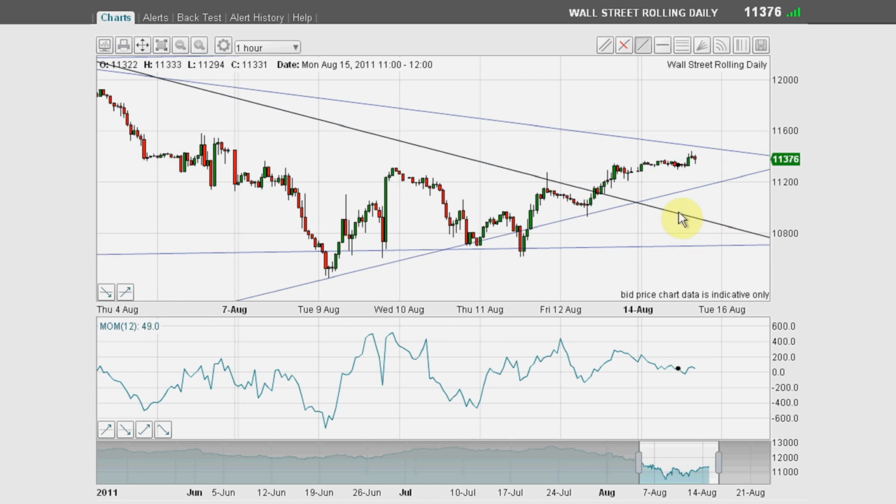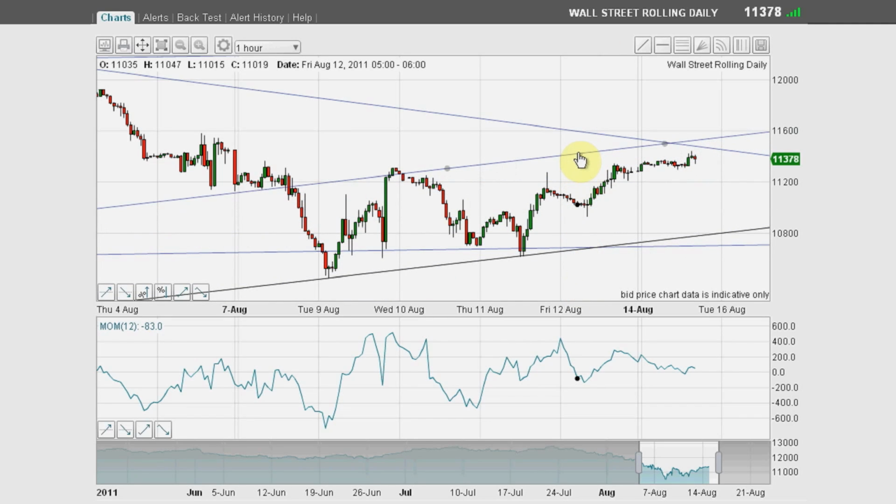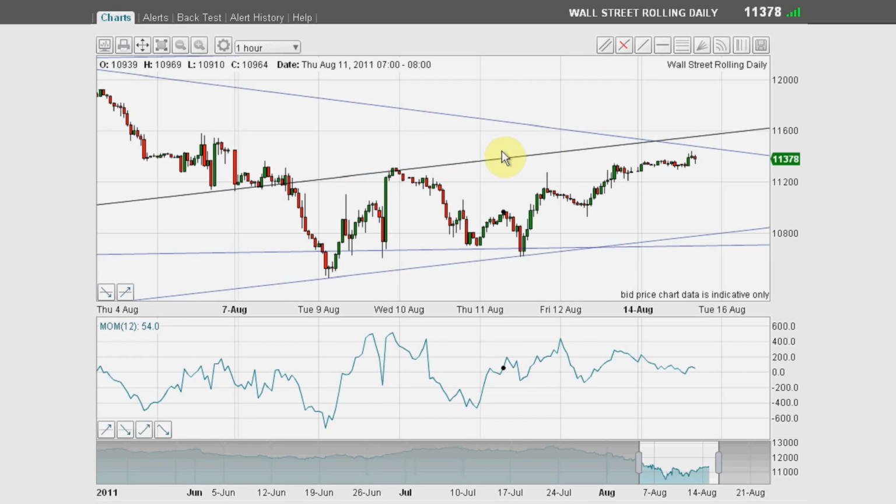So, there we go. Right, okay, that's a good tram line. All I need is 2 points. Let's draw a parallel line above and see what we come up with. Well, that's quite clever, isn't it? I've got this very significant high here as a touch point, and don't forget these back here.